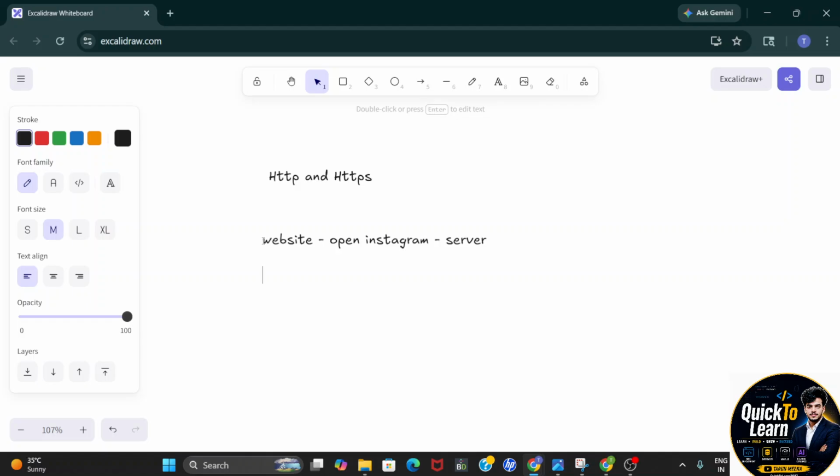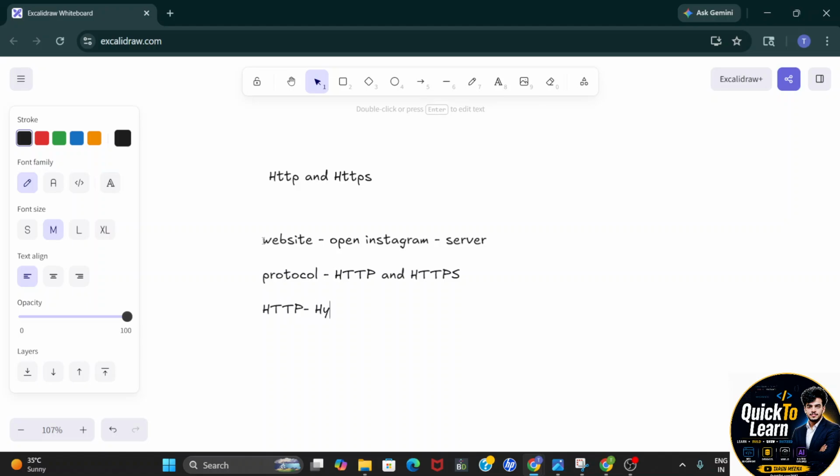That communication happens using a protocol, and that protocol is HTTP and HTTPS. So first, let's understand